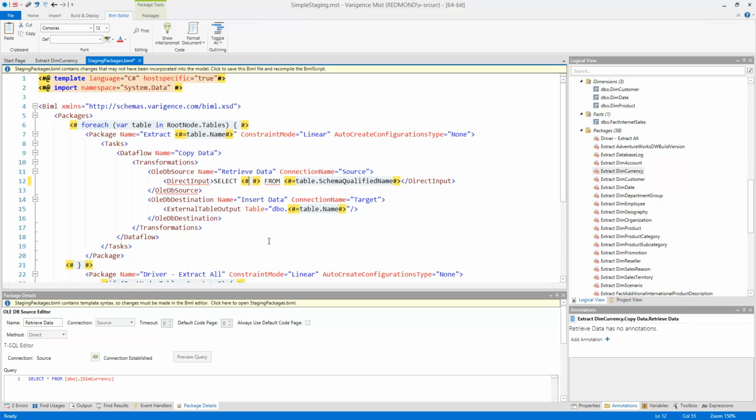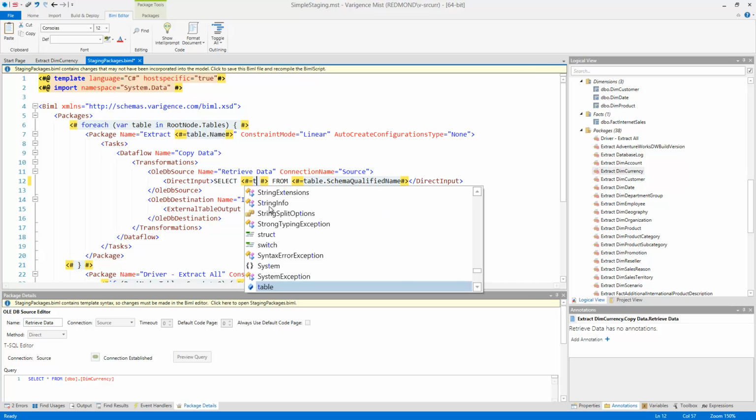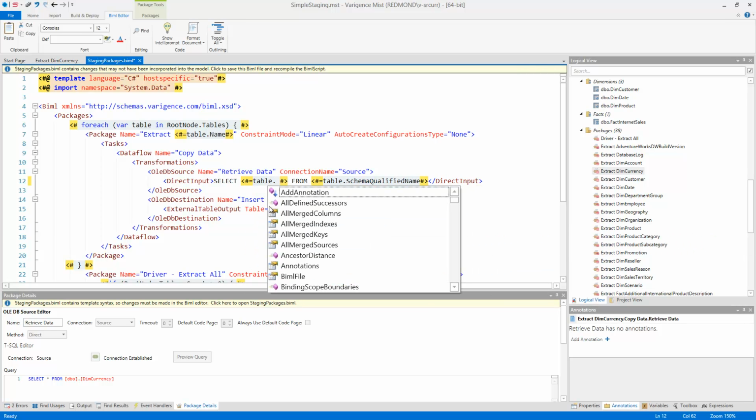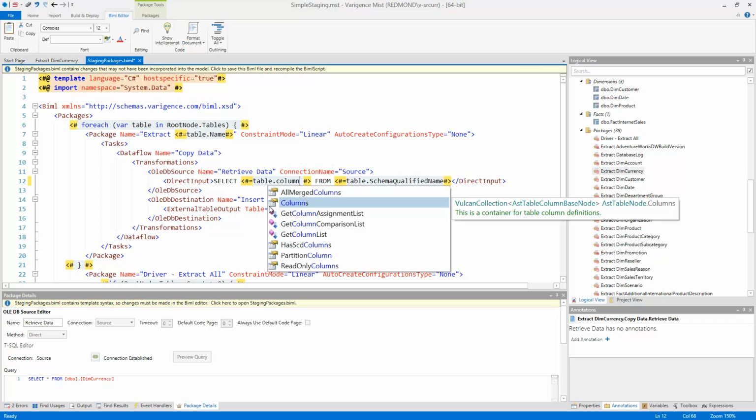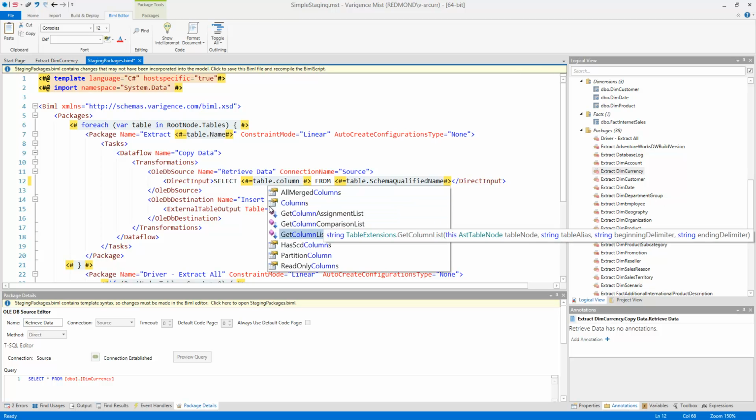Now, one of the great things about BIML is that we not only provide methods to do the basic things that correspond to these tags, but we also have methods and properties that are helpers for very common tasks that you need to do with SSIS packages or with SSIS cubes or with relational work. So in our case, if I do table dot, I get a list of all of the things that I might be able to do, and I want to get a column list instead of having to do star. So I type in column, and I see that we now have an option here called Get Column